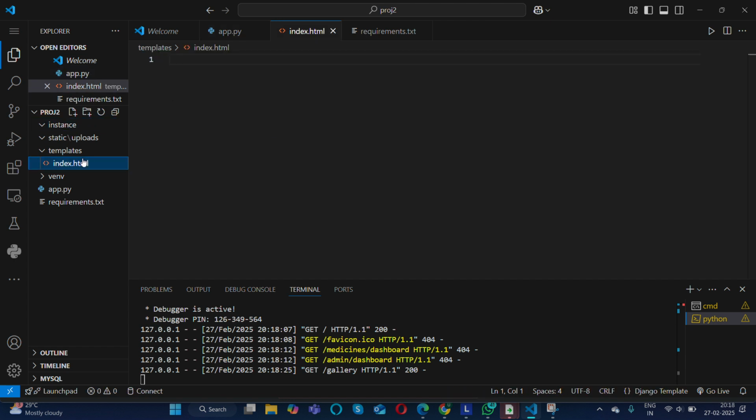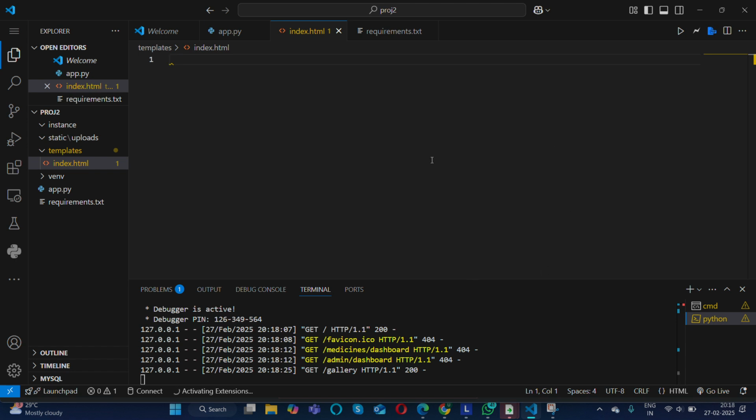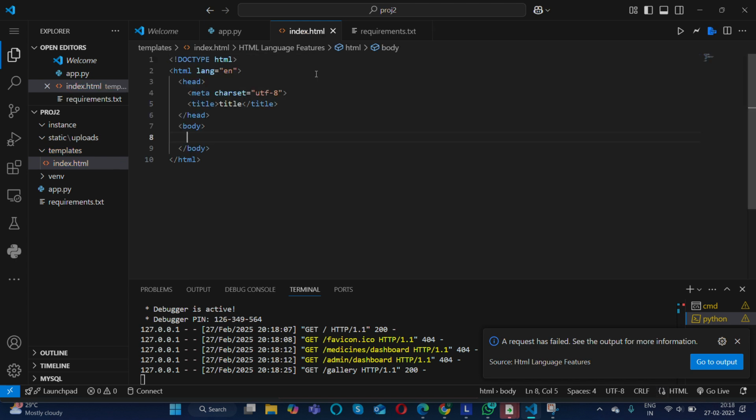Okay. I will start with the HTML part. You have extensions already installed. You can directly click on this, and this will give you a boilerplate.